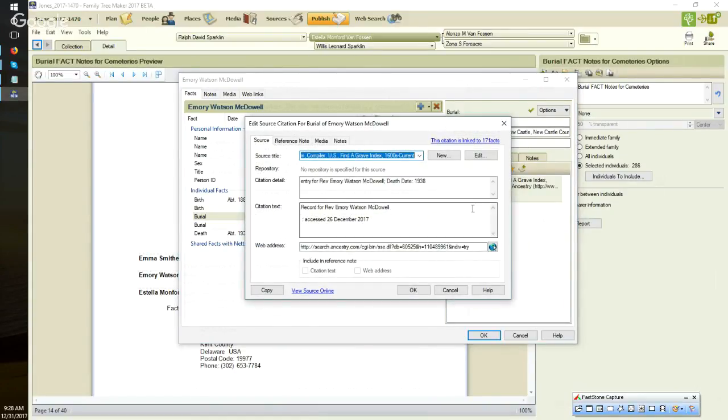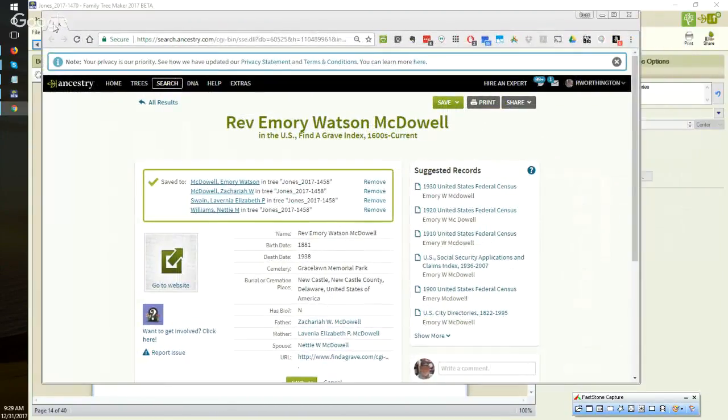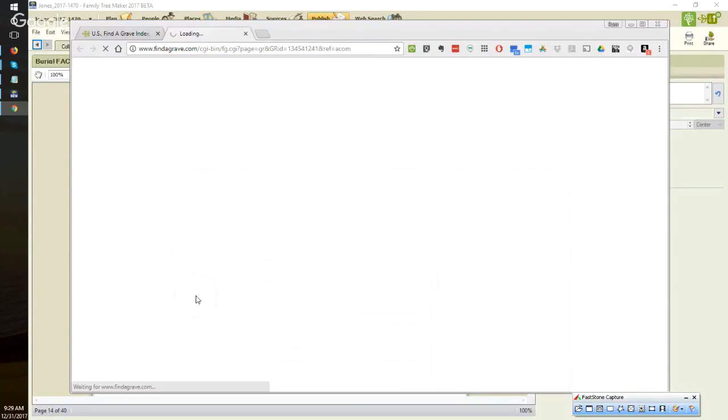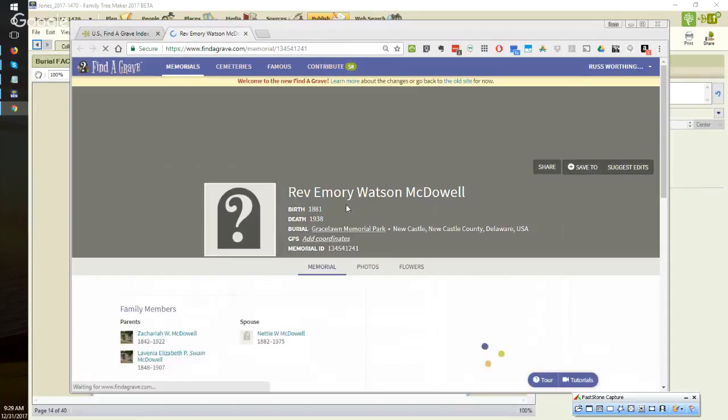I'm going to double click on that, and I'm going to open up a browser. This is from the index on Ancestry. So I'm going to go to the Find a Grave website, just by clicking on that link. I don't like the new interface. It looks fine, but I want to go to the old interface,